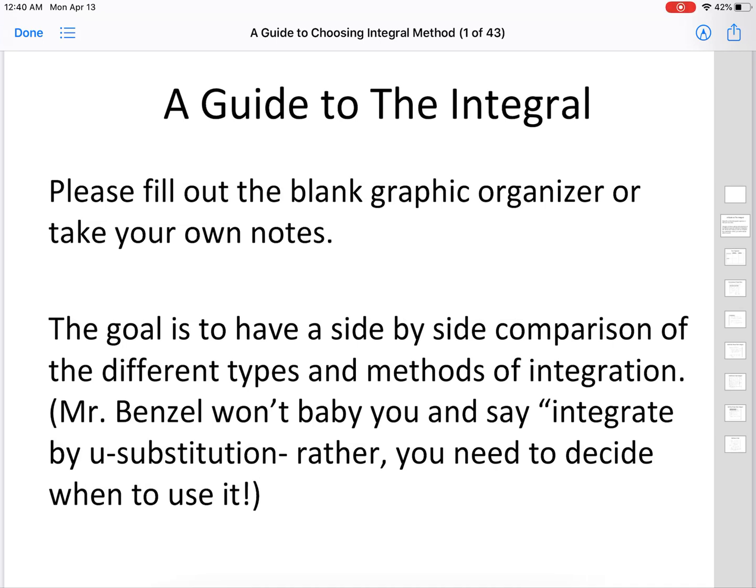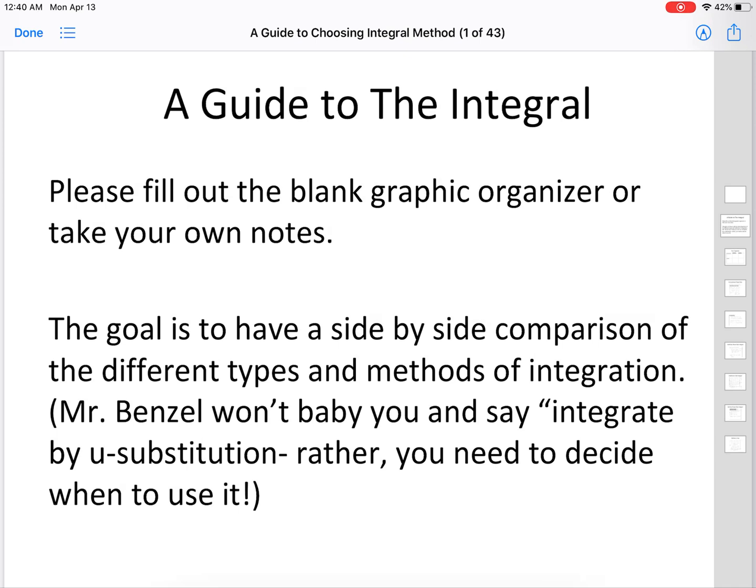Hello, everybody. Today, what I want to do is nothing explicitly new, but I want to give you the opportunity to compare the different methods that we've been doing with the integration. Because at the end of this course, I don't want to baby you. So I'm not going to give you an integral at the end of this course and say integrate by doing